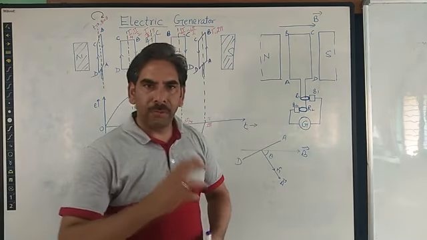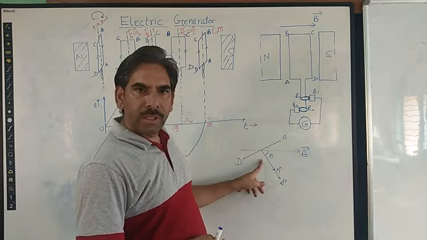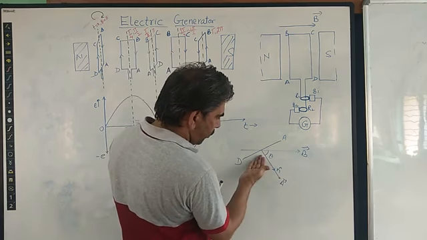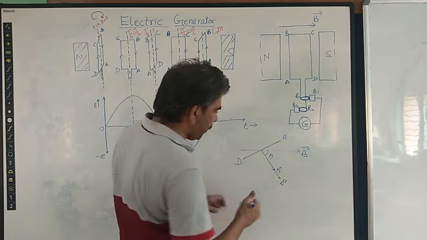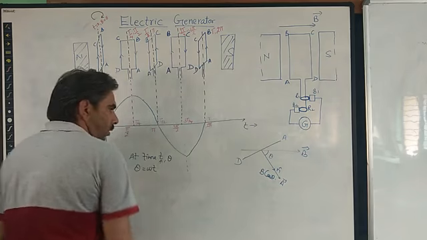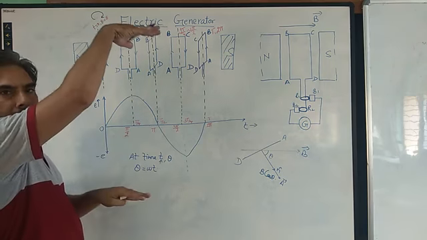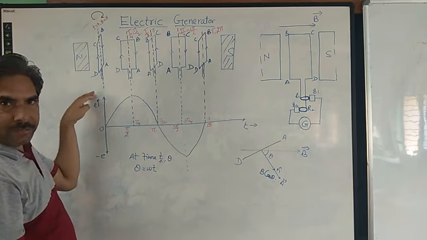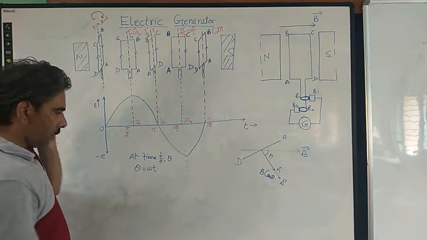So for calculating the flux, we take the component of the magnetic field which is along the area vector. So out of this magnetic field, what component will be along this area vector? It will be B cos theta. So therefore, from this understanding, if we are observing this coil from the top face or bottom, here we are observing it from the bottom side AD, so that we see only the side AD. So this is the situation.